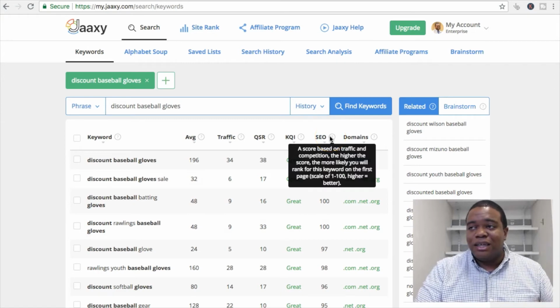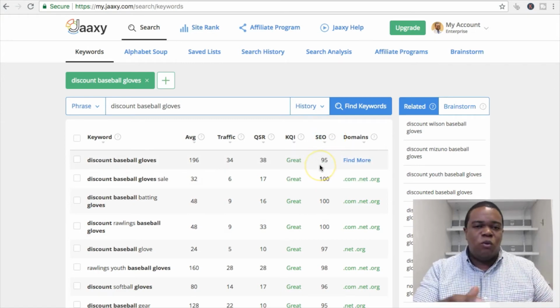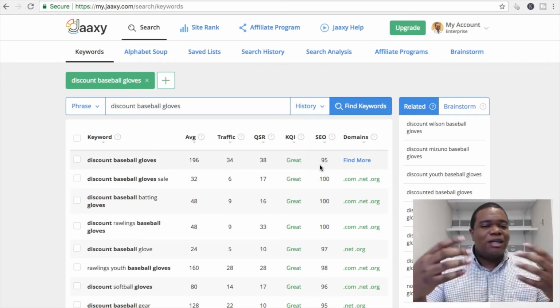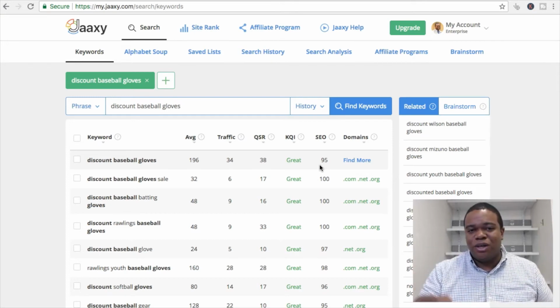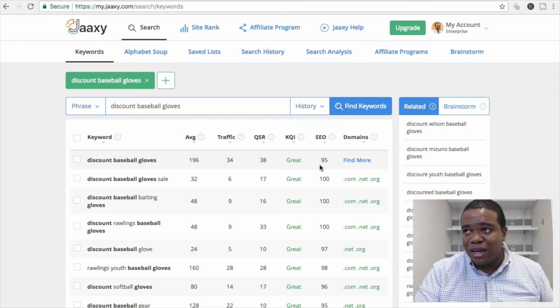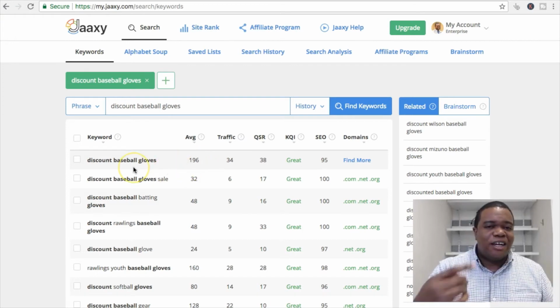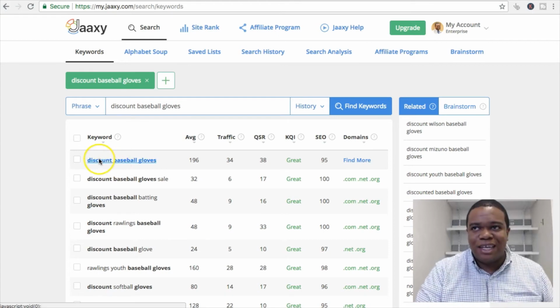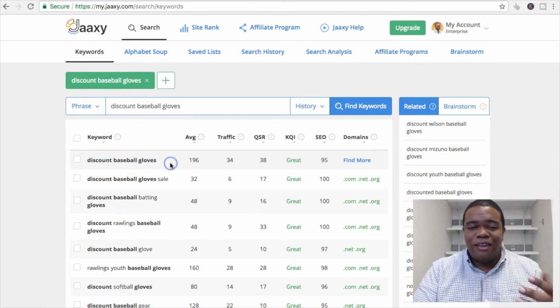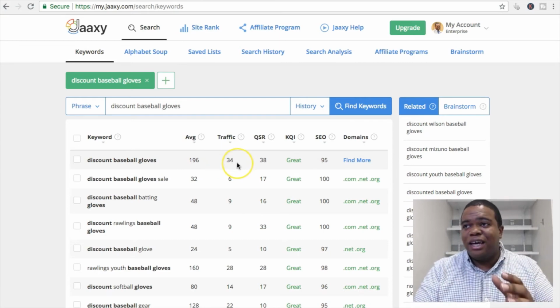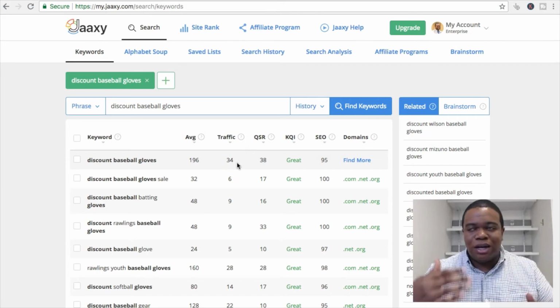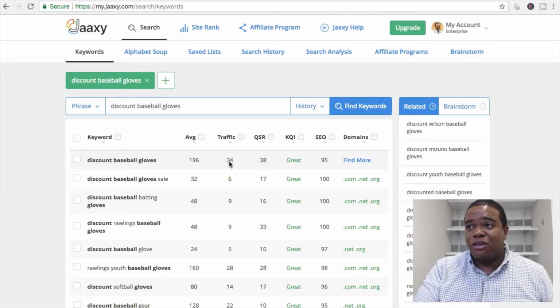And then we have SEO. Now, SEO is a number between 1 and 100. The higher the number, the better, because it tells us that we have a really good chance at ranking for a particular keyword if we were to target it as best we can. So a specific page can literally rank for hundreds of different keywords, not just the one that you are targeting. And then what happens is, as your website builds authority, it makes it a lot easier to target specific types of keywords that may be a little bit more competitive, and you'll be able to rank for those as well.